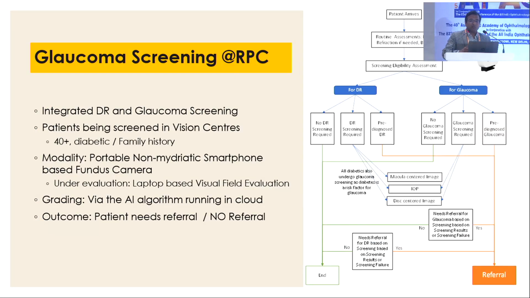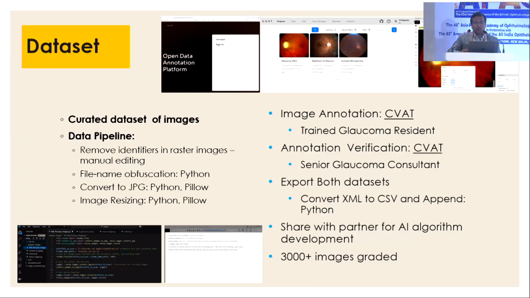So coming to what we are doing at AIMS at RP Center, we have initiated glaucoma screening that leverages some of these artificial intelligence-based models using the same Medios AI in our center. And we have a whole structured process of identifying and screening patients. And the glaucoma referral is basically based on the AI output here.